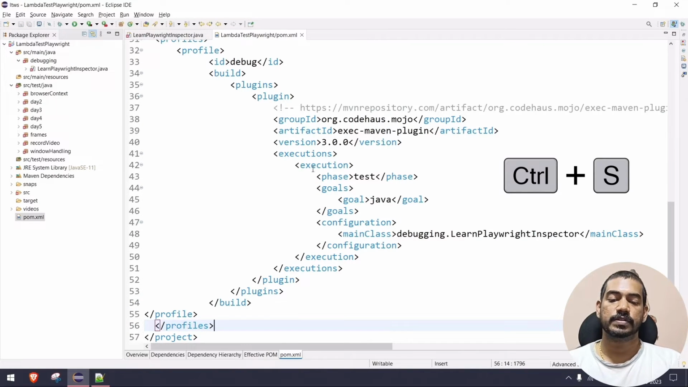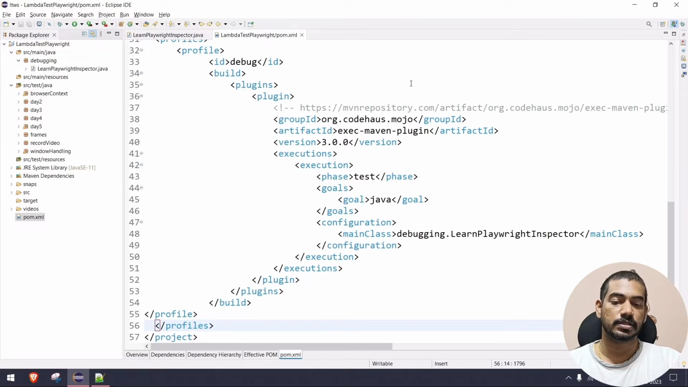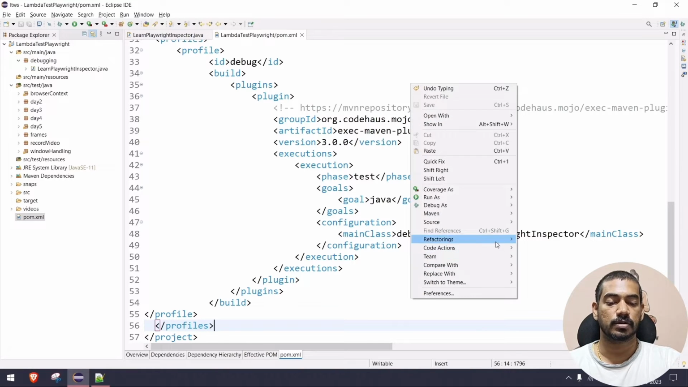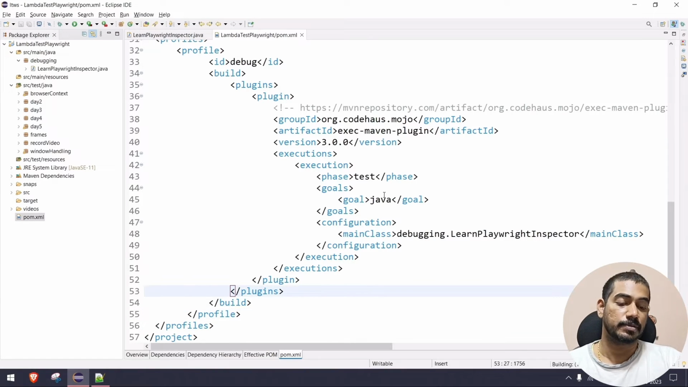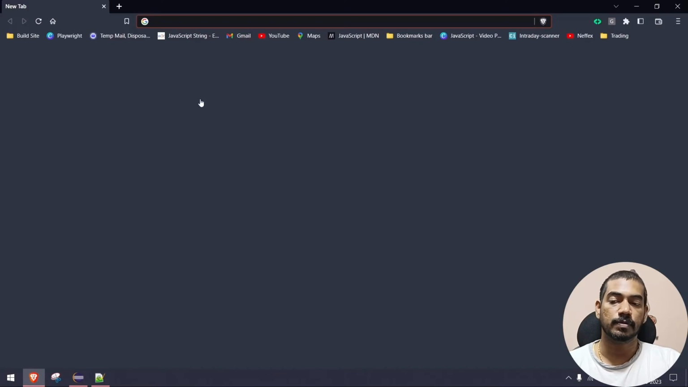Okay, so once you save that, you should not see any error. So that is how you know that it's correct or not. So that's it, we are pretty much done. Now one more thing we have to do, we have to execute this with the help of